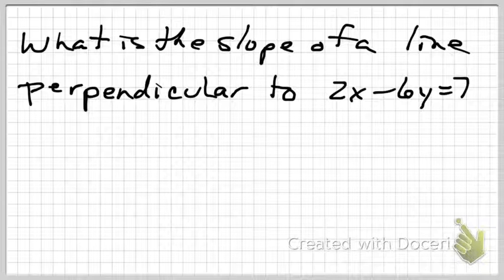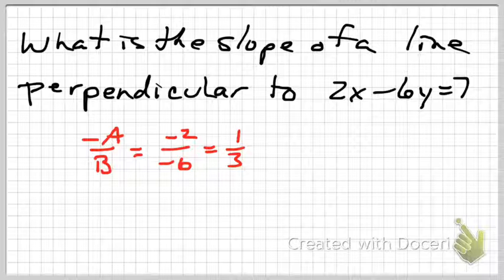We want the slope of a line that's perpendicular to this one. So our answer is going to be a slope. It's going to be some number. And the number we get is perpendicular to the number that we get out of this equation. So first we're going to find the slope of that equation. And it is